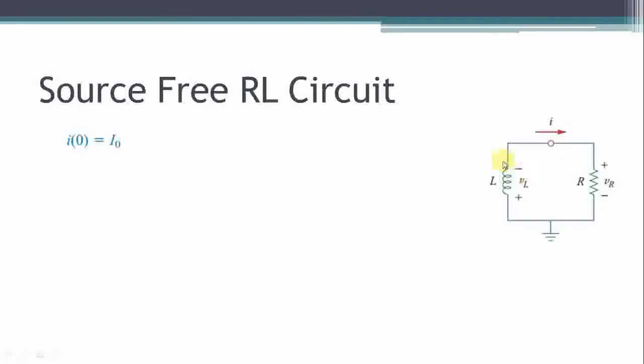So in a source-free RL circuit, initially the inductor will have energy stored in the form of a magnetic field. This energy will be consumed by the resistor, which is connected in parallel or series with the inductor. This resistor can be considered as the equivalent resistor of the circuit, and this inductor can be considered as the equivalent